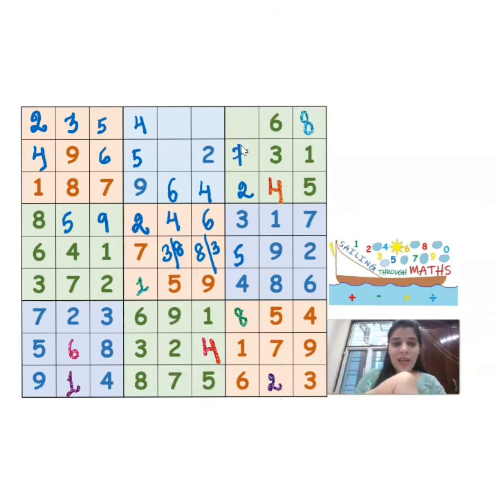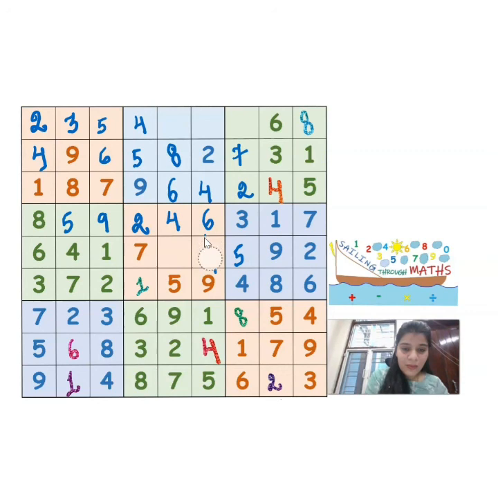So now 7 has come here, then automatically the number which is going to come here is going to be equal to 8. Now if 8 has come here, then clearly 8 cannot come here, otherwise it is going to repeat itself. So the number which is going to come here in this cell is going to be equal to 3. So automatically the number which is going to come in this cell is going to be equal to 8. So let me write that. 3 is going to come here, 8 is going to come here. Now 3 and 8 are also there.